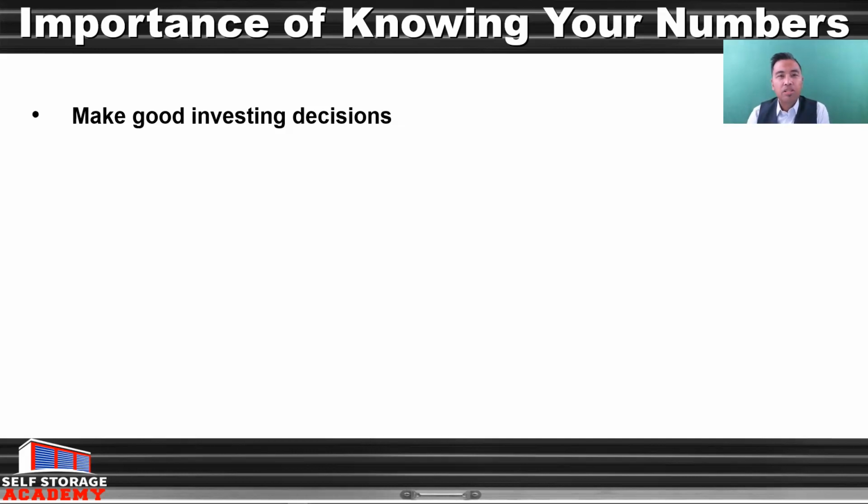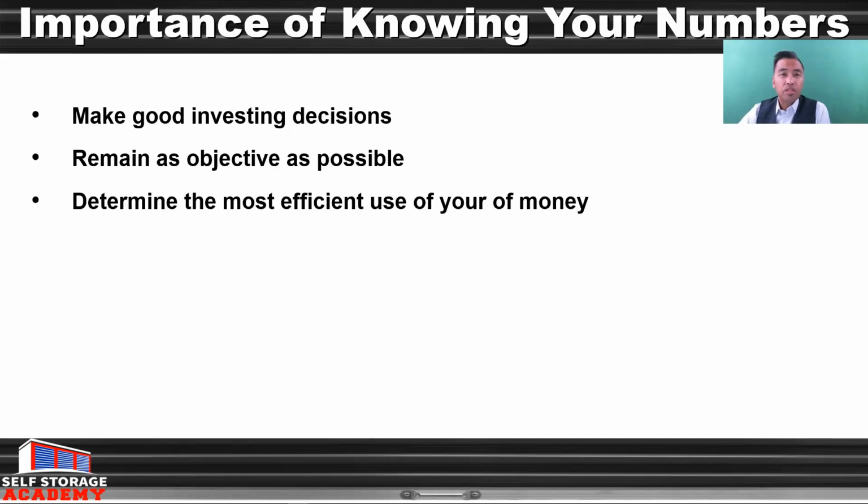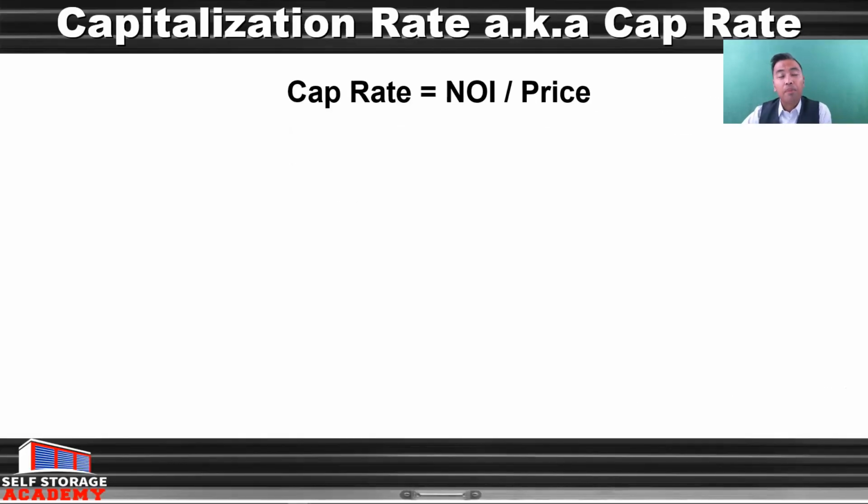And better investing decisions largely come from a place of objectivity. So knowing your numbers will help you to remain as objective as possible. And essentially the role of any investor is really to be able to determine the most efficient use of one's money. Now, any conversation regarding numbers in self-storage investing will inevitably touch upon something called a capitalization